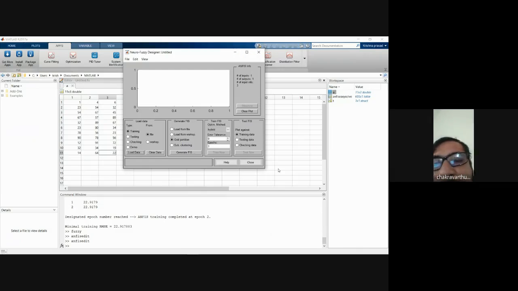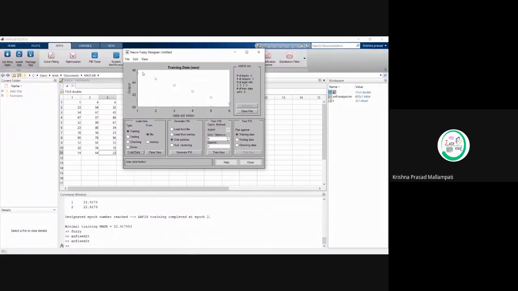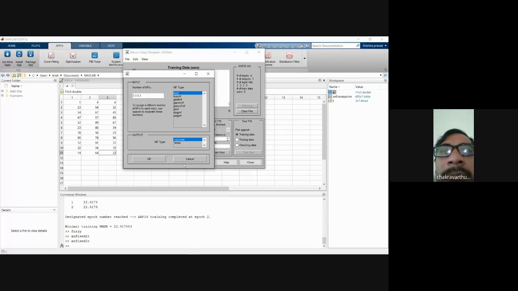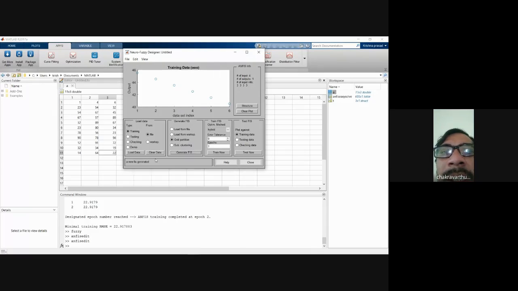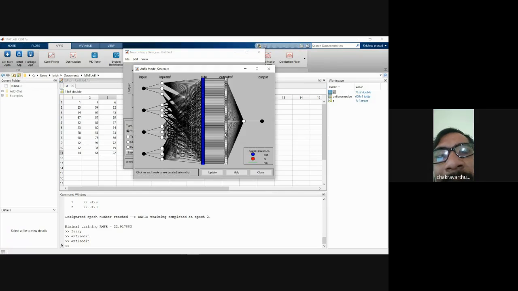Once the data is loaded, you have a total of 4 inputs and 1 output. Now first generate the FIS system, with the membership functions. It is going to generate the initial FIS system. Then now work on training data. Check after training what is going on there. This is the structure you are going to get.